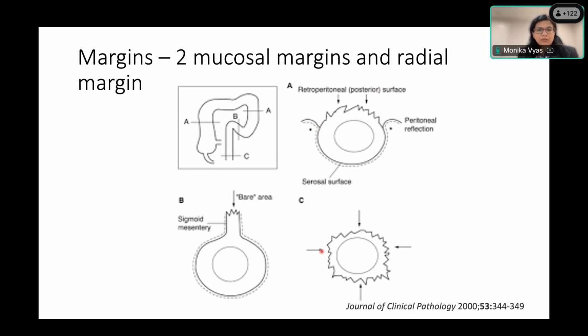Now, in the rectum, the lower rectum, as we discussed, is completely devoid of serosa. So what you will have is a circumferential resection margin or radial margin. And then some parts of the bowel have serosa encasing almost complete circumference of the bowel, with only an area where it reflects on the mesentery. So that would be your bare area or the mesenteric resection margin. So very important to know again what kind of surgery the surgeon has done in order to plan how you're going to evaluate and take your margin sections.